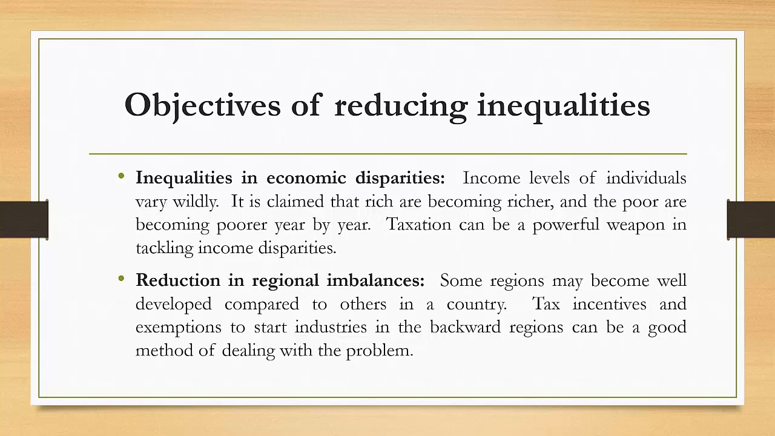The next is about reduction in regional imbalances. Some regions may become well developed compared to others in a country. Tax incentives and exemptions to start industries in the backward regions can be a good method of dealing with the problem. Sometimes industries want to set up their production facility in a developed area, but the government gives them an option that if you set up your production facility in a remote area, we will consider